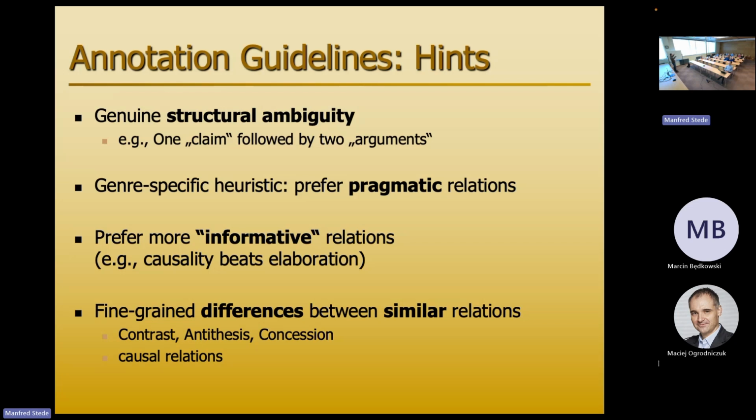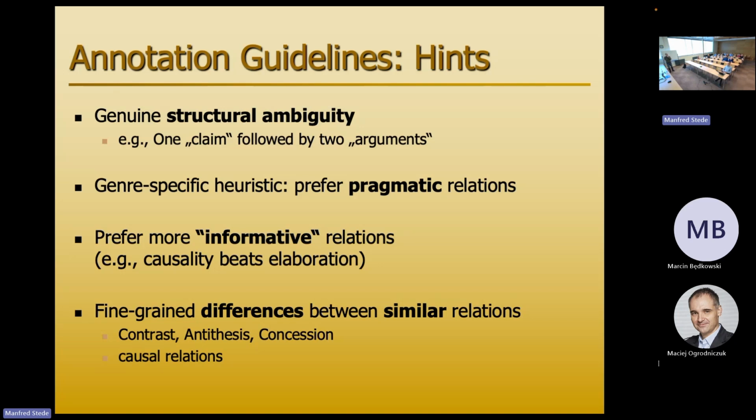And then structurally I can link them independently to the claim, or I can first use the two evidences, put them together in a list relation, and then say this list is evidence for my claim. Not much of a difference. So annotators should get some guidance so that we don't get spurious ambiguity in the end between competing analysis. That's the idea of this first aspect of hints.